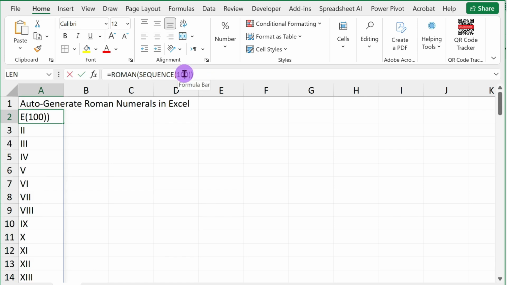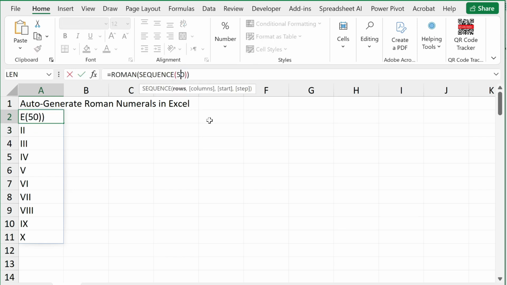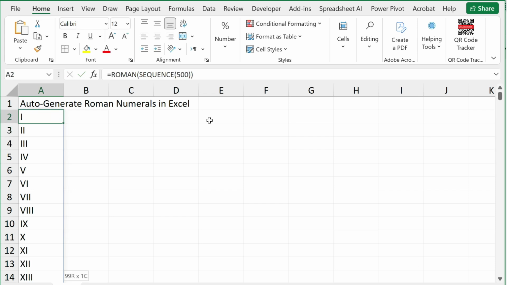You can simply change the number, for example 10, it will go up to 10. And if you want to make it 500, you can easily change it to 500 like this one. So this way you can combine the dynamic array magic of the SEQUENCE function with the ROMAN